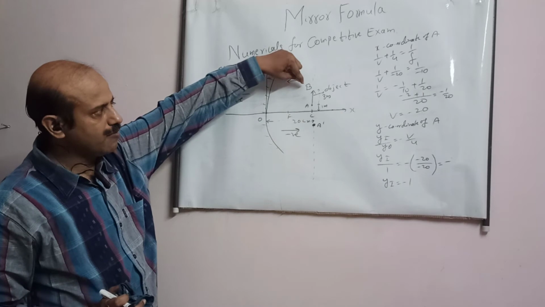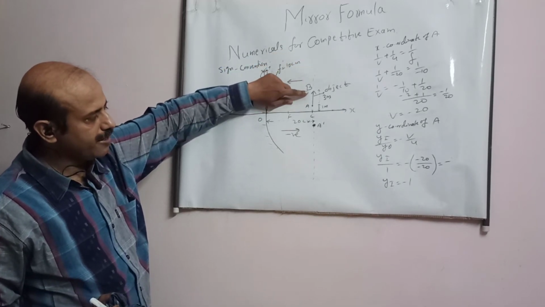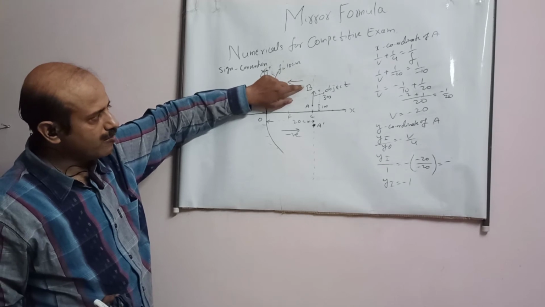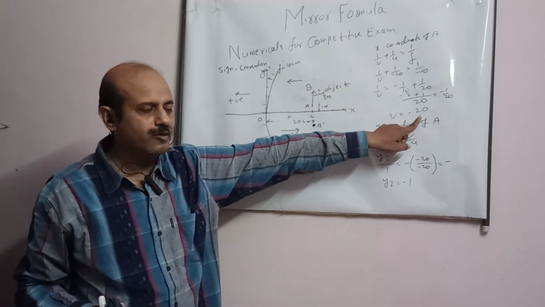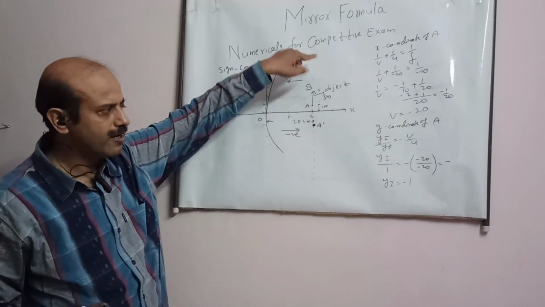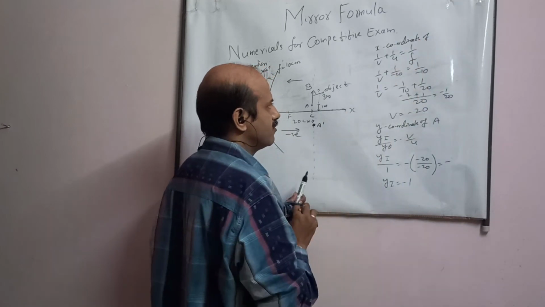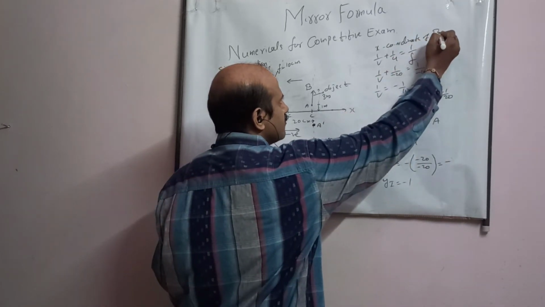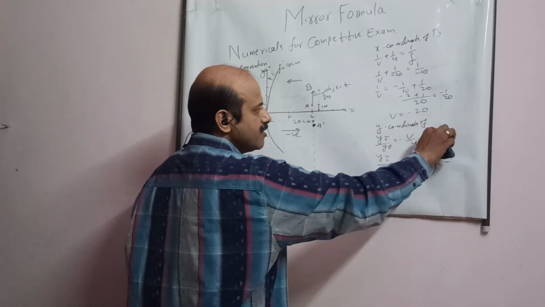Now I will work on the B point, student. Now student, A and B, they are on the same straight line. So x coordinate of B will be same as A. So x coordinate of B will also be 20. If we calculate also, we will get the same thing. So x coordinate of B will be same, student. But y coordinate of B will not be same.